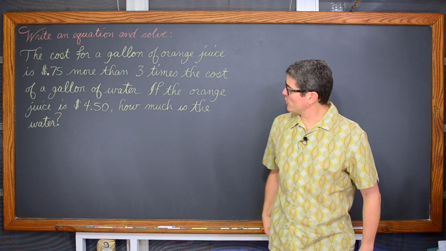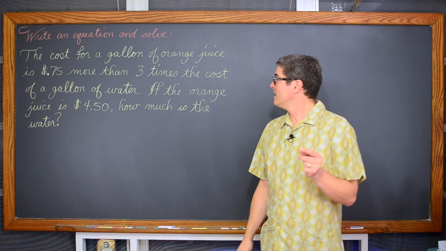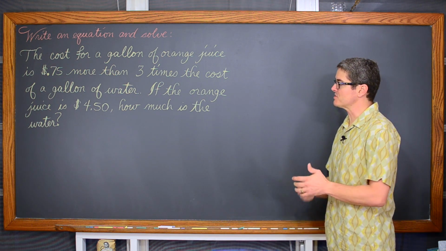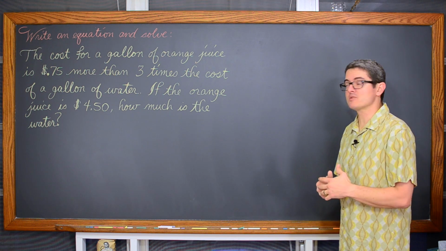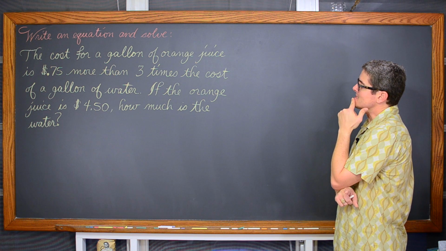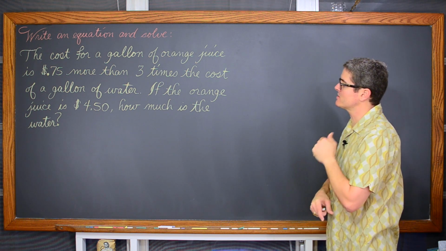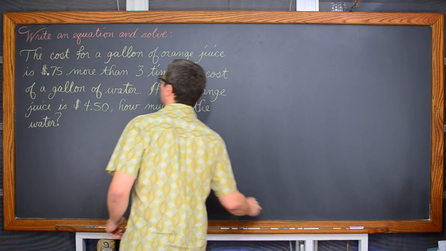The cost for a gallon of orange juice is 75 cents more than 3 times the cost of a gallon of water. If the orange juice is $4.50, how much is the water? Okay, so the cost for a gallon of orange juice is 75 cents. Okay, so this phrase of more than,